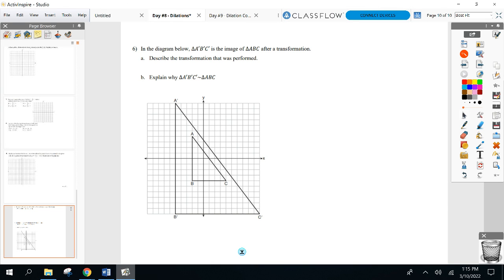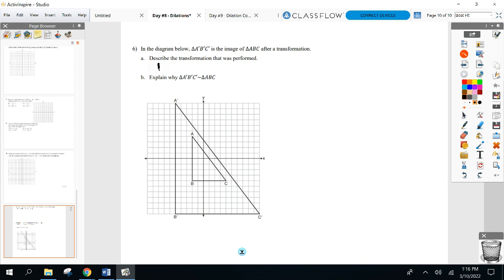All right, so number 6 from yesterday. Describe the transformation that was performed. So you're taking a look, you got triangle ABC, and then you got A prime, B prime, C prime. I think it's pretty obvious which out of the 4 we've talked about so far this one is. Right? The size is changing. And there's only one out of the 4 transformations we've talked about where size changed, and that was yesterday's topic,